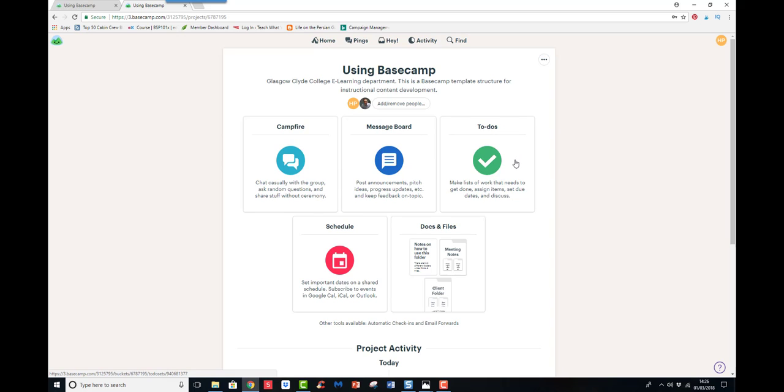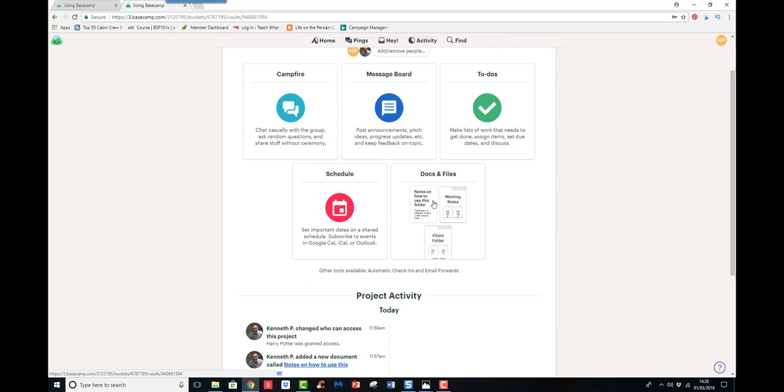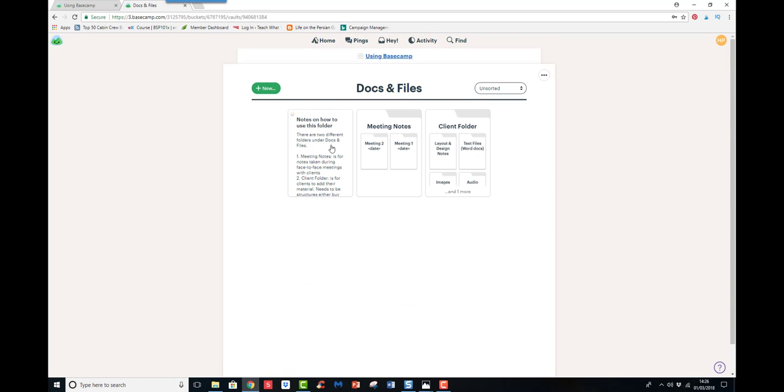We've got a to-do list area as well, where you can post up tasks that need to be done and also close them off once they have been done. We have a schedule area there, so we may well have agreed specific key dates or times for parts of the project, and we would tend to populate that area with those dates. And then we have the documents and files area here, and if we just open that up further, you can see that we've got some